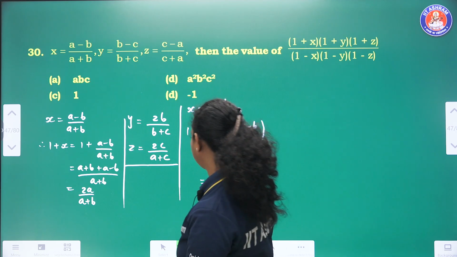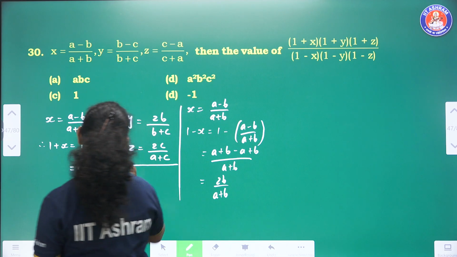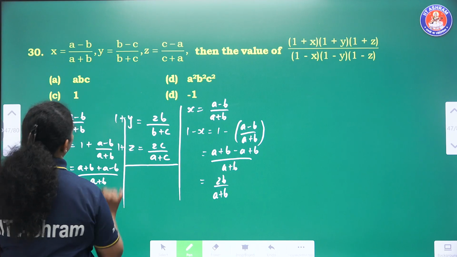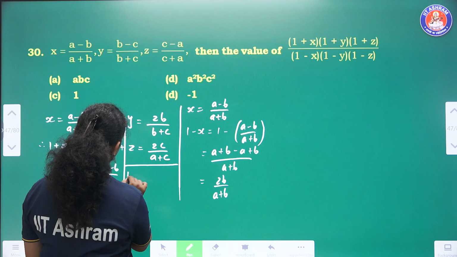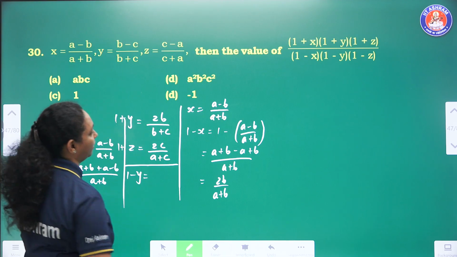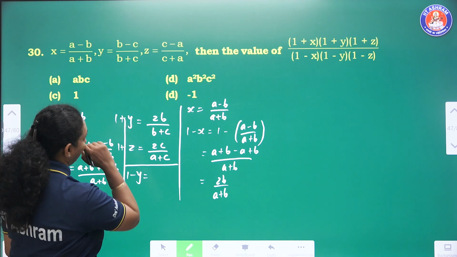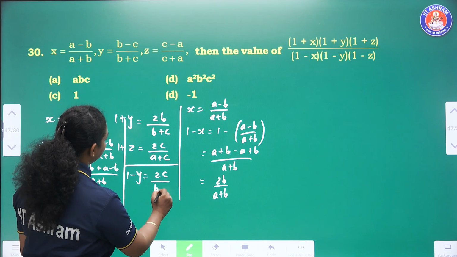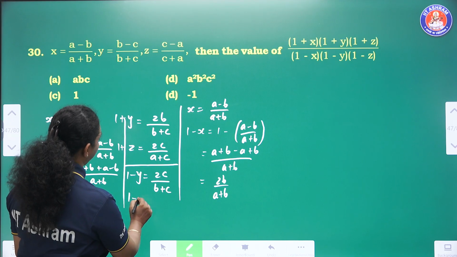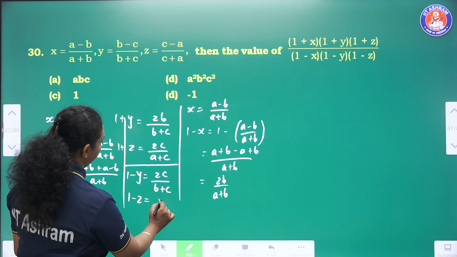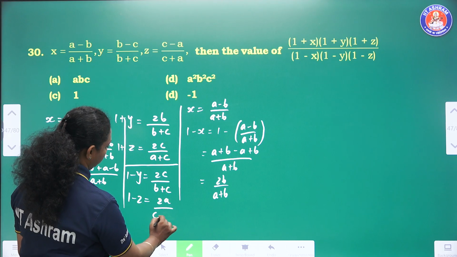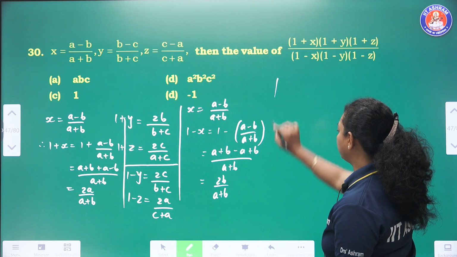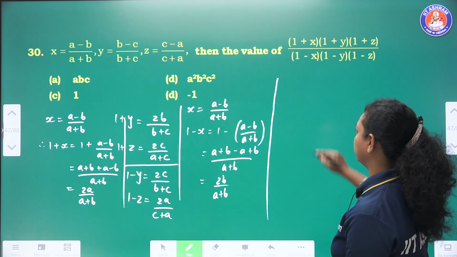So same way, when I solve for y and z, 1 minus y is equal to what? Here I have to write this. This is 1 plus y and this one is 1 plus z. So if I wish to write 1 minus y, it is 2c upon b plus c, and 1 minus z is equal to 2a upon c plus a or a plus c. So when I substitute all these values in the given expression,